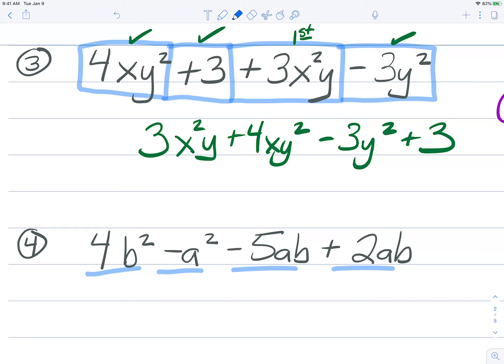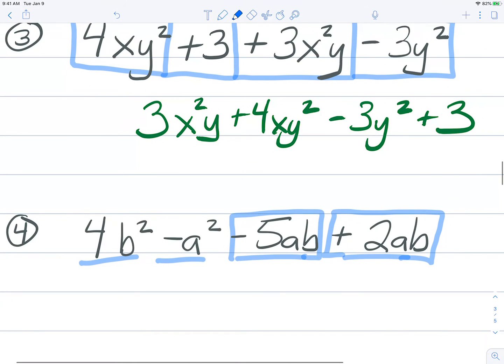However, if you look at these terms, these two actually match each other because the variables are both an a, b. So those are going to be put together when we start writing it in standard form. So a does come before b. So alphabetically, a is in charge. So this one, this negative a squared, is going to be first. It has the highest exponent for the a. Then negative 5a's plus 2a's is minus 3